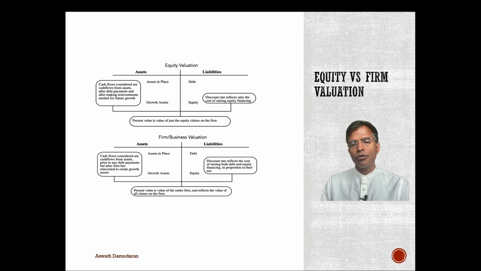Here's the alternative. Rather than focusing on just cash flows to equity, why not look at cash flows to both equity and to debt? Remember, lenders get cash flows from the firm as well in the form of interest payments and principal payments. The collective cash flow to both equity and debt is called the cash flow to the firm. It's a pre-debt cash flow. It's after taxes and after reinvestment, but before debt.